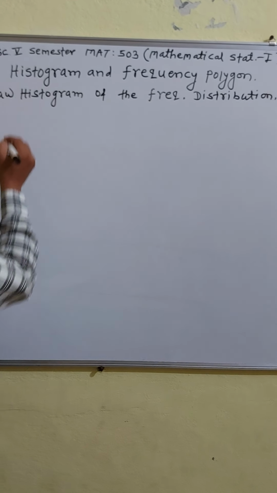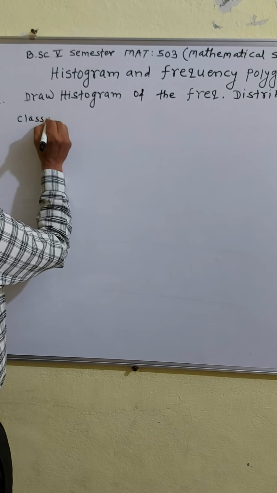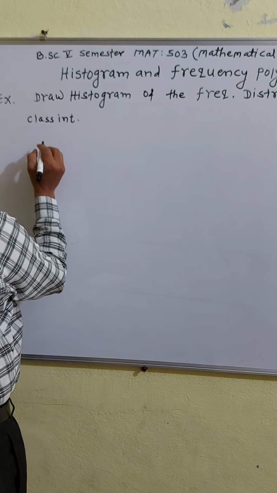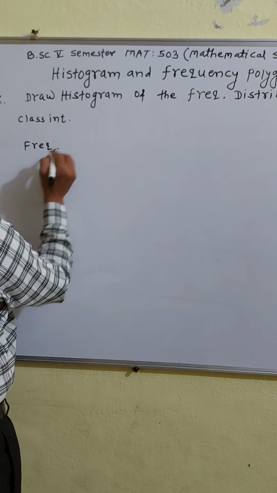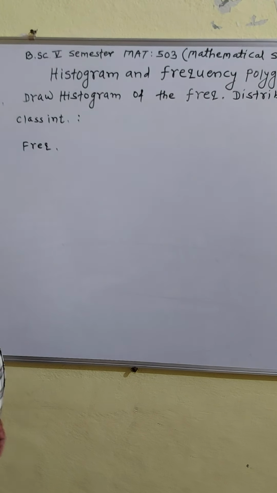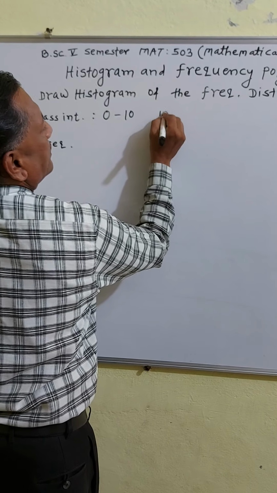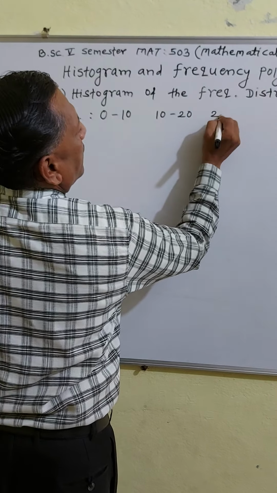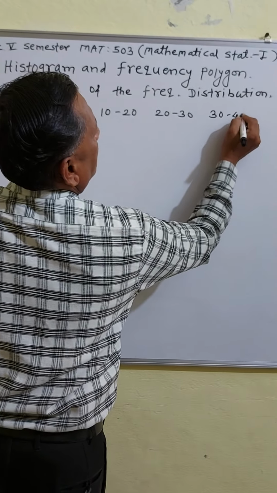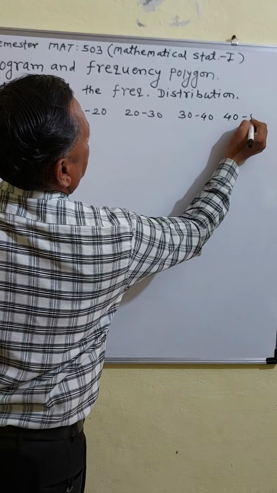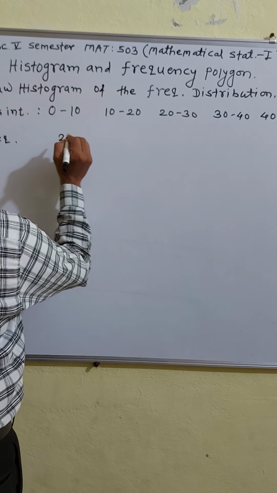The class intervals and the corresponding frequencies of those class intervals are given. Suppose your class intervals are 0 to 10, 10 to 20, 20 to 30, 30 to 40 and 40 to 50, suppose. And corresponding frequencies are 2,